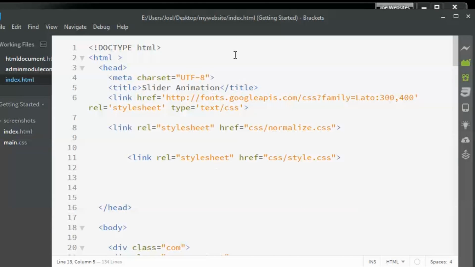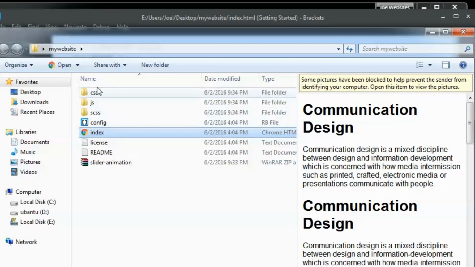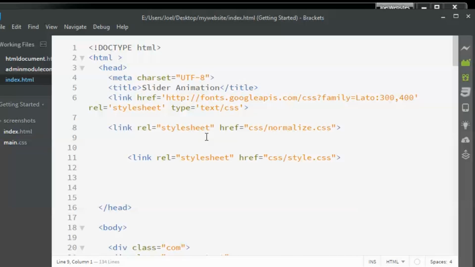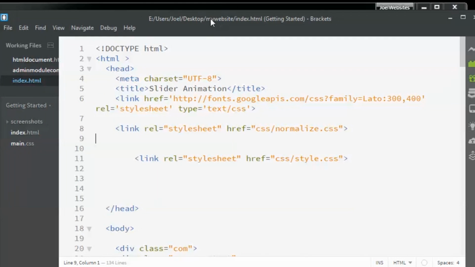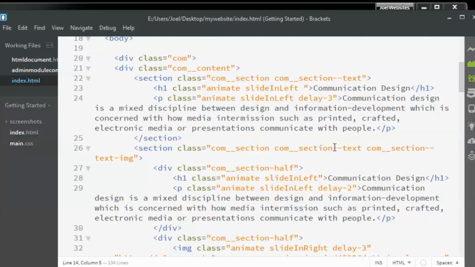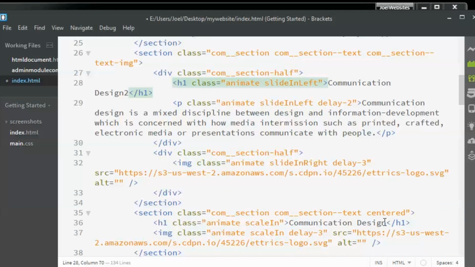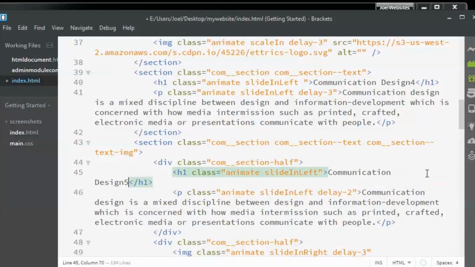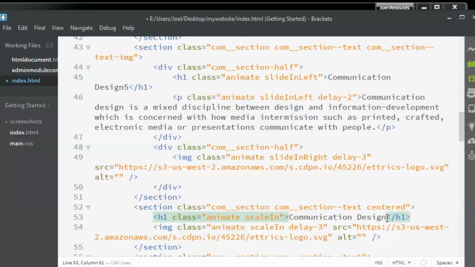So you have to open your index file that is in the folder. Mine is the my website folder, so I'm opening it from the my website folder. You can see the name here. The next step is that you need to find whatever you want. Suppose here you can see the text, all the text. So I'm going to just put in here 1, 2, 3, 4, and 5, 6,